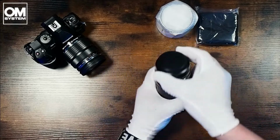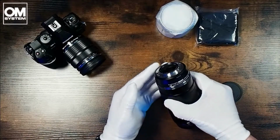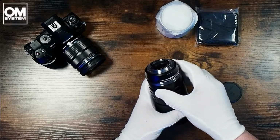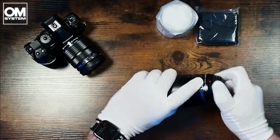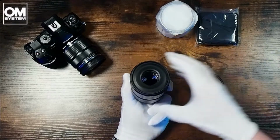Now, of course, on the back side, we have the rear lens cap, which when removed reveals this lovely drop-in location at the bottom, which is going to accept the teleconverter. So the teleconverter is going to drop into here, nice and easy, and we'll pop that lens cap back on there. We take the front cap off here, lovely OM System lens cap at the front, and reveal that